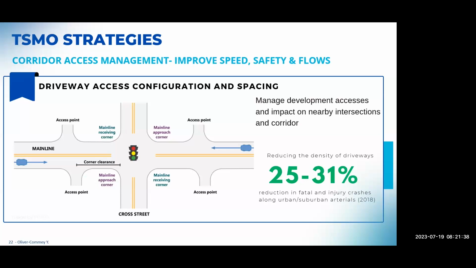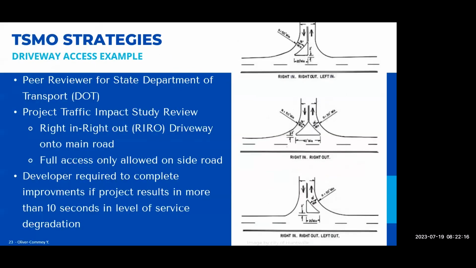The next few ones are less ITS and more of just day-to-day design ideas that we use. First one is the driveway access and safe spacing. This comes into play in a lot of the development projects. Whenever a new development is coming up, it is a very strict process through the permitting for us to ensure that they're not just getting a driveway access that is only a few meters away from a signal or a few meters away from a major intersection. And we found that by controlling these driveways, we're able to have about 30% reduction in the accidents that happen, and we considerably improve the flows.